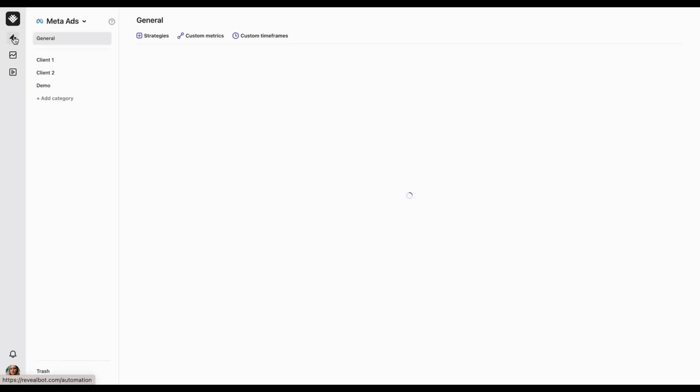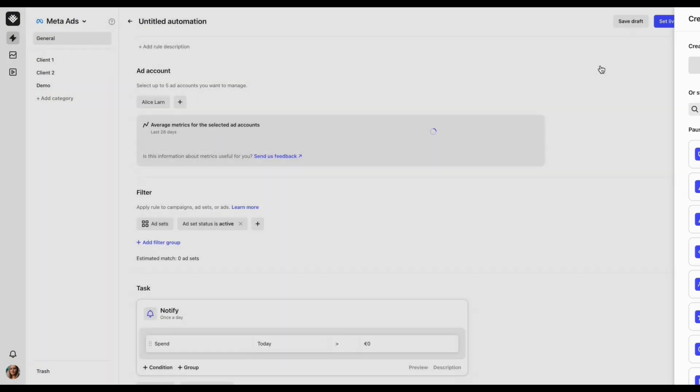Hi community! In today's video, we'll create a setup to pause underperforming ads, catch late conversions, and notify us about such ads. Often, after pausing an ad due to a low number of conversions, late conversions start coming in, and the ad suddenly shows a good CPA. In such cases, the good practice is to reactivate the ad and give it another chance. Today, you'll see how to automate the entire process, from pausing the underperforming ads to reactivating those where results improve with time. Let's go ahead and create a new rule.